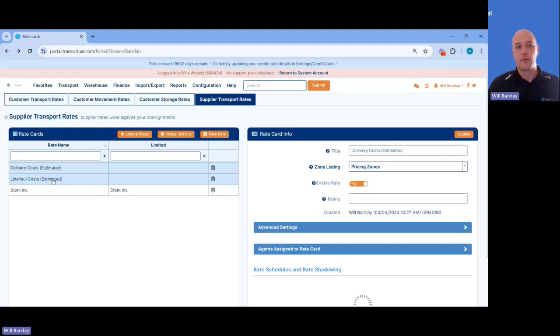Now, the next one we want to look at is our line haul. So just quickly, talking about line haul, travel in, taking freight in between our depots. This will still rely on our sender and receiver zone. So what I'm going to do is talk through the logic there, and we'll be repeating ourselves a little bit. But if we jump into our line haul card here,